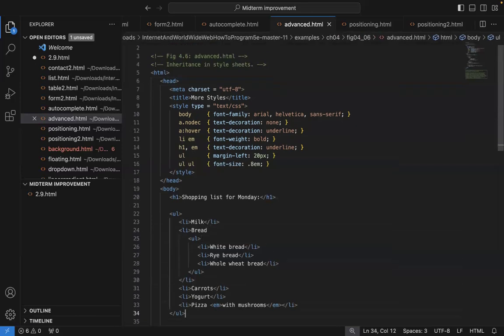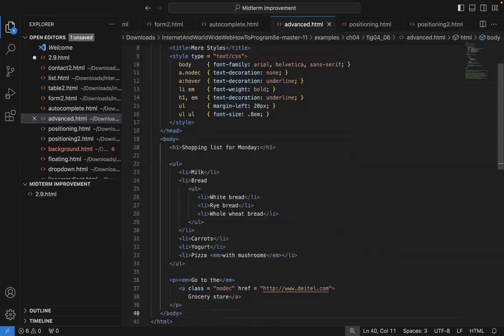So you have the header h1, shopping list for Monday. So this displays the heading of it. And then you have the ul. So this is starting the unordered list. And then you have the list of items containing various grocery items: milk, bread, white bread, rye bread, whole wheat bread. And these are nested. So this is basically a nested unordered list of different types of breads also. So you have the white bread, rye bread, whole wheat bread, and then